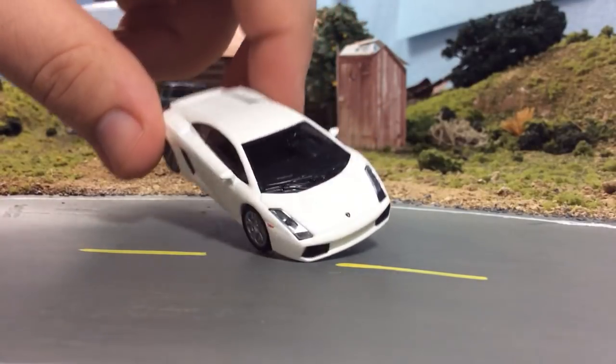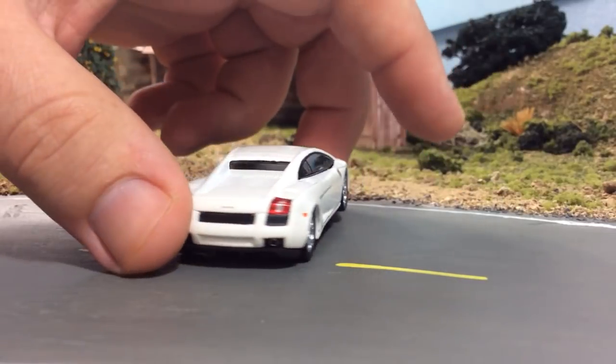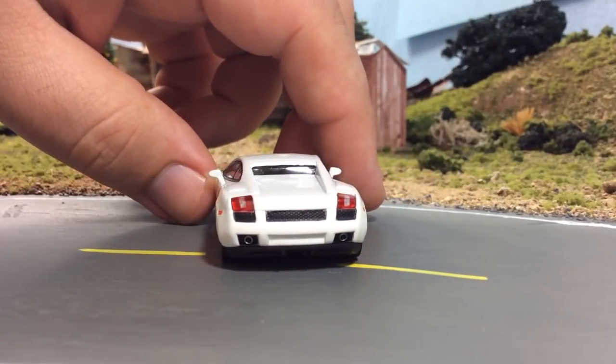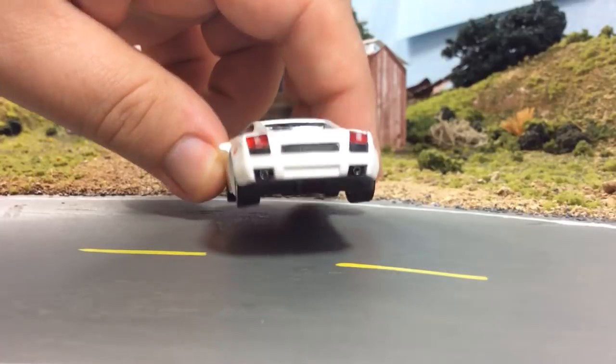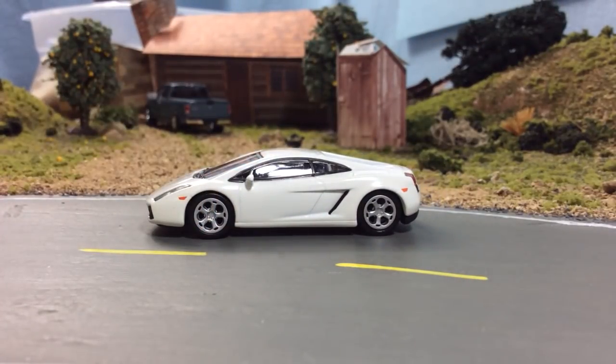Lens headlight detail. Side view mirrors. Lens tail light detail. Exhaust. It's a very well done car. What's crazy though about this is that I have a